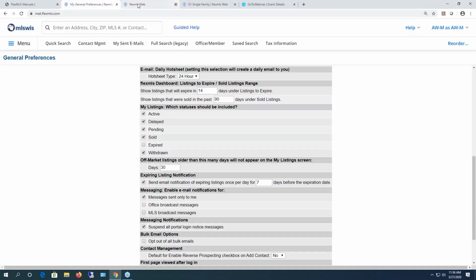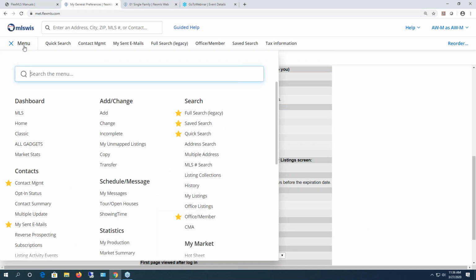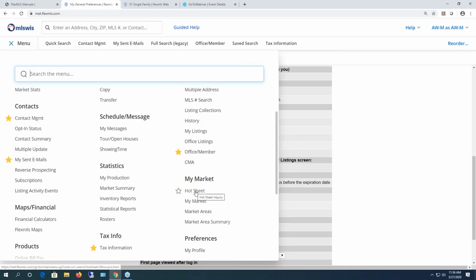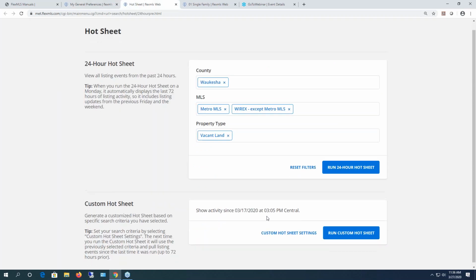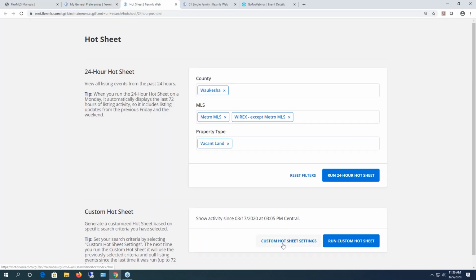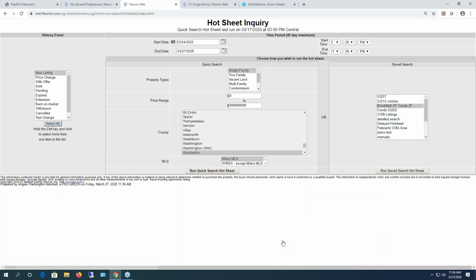Same thing for the custom hot sheet setting. So if you set it for custom, let me go back in there and do that again. So I'm just going to open up that hot sheet again. So custom is where you can get a little bit more specific. So you can come here and let's say you wanted to know about all of the new listings and the back on market,